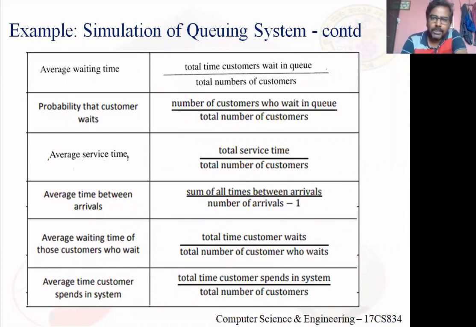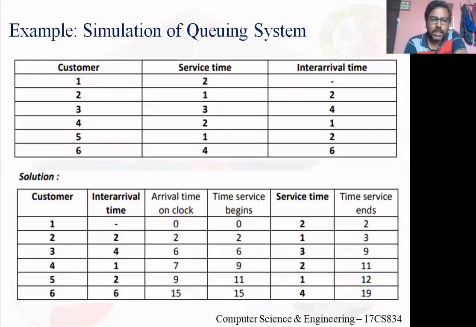See, you need to remember discrete mathematical structures. Okay, probability, it's very important. See here, what I asked, probability that a customer waits in a queue. Okay, see, total I have simulated for how many? 6 customers, right? So that is the denominator. Among these 6 customers, how many customers have been made to wait? Only 2 customers. They are the 4th customer and 5th customer.